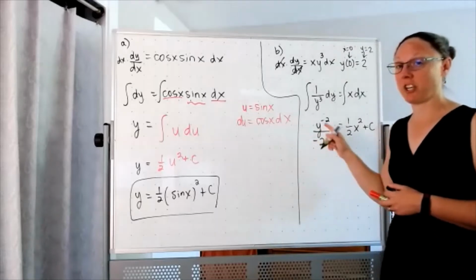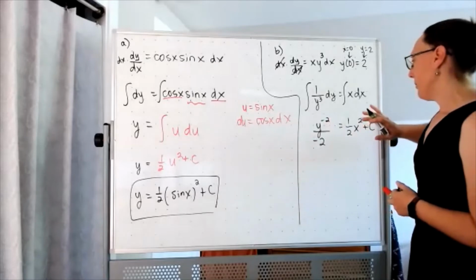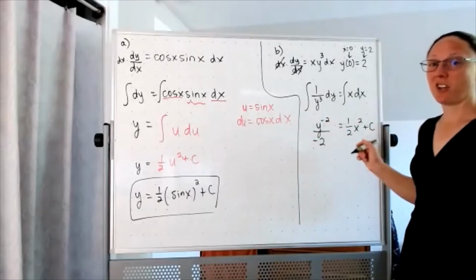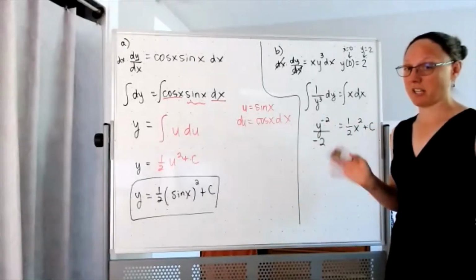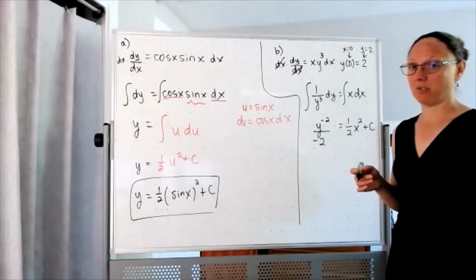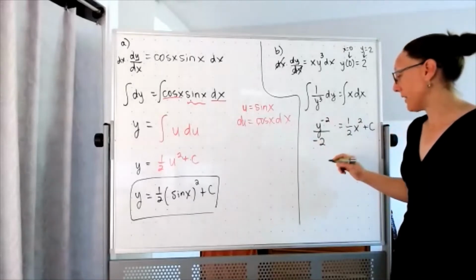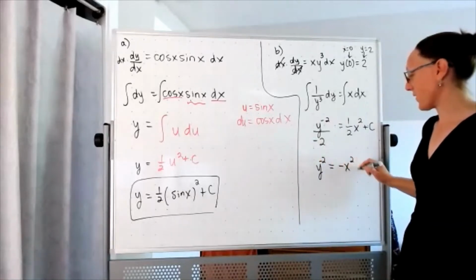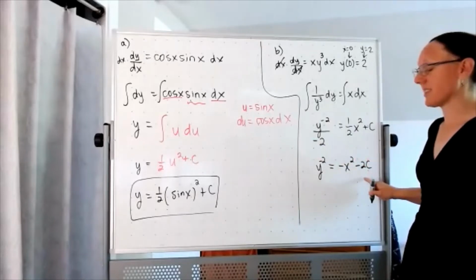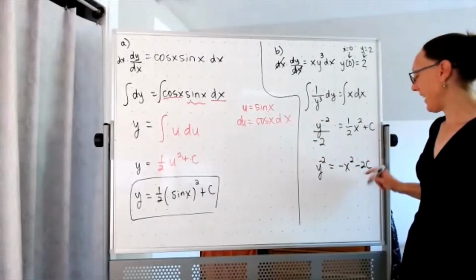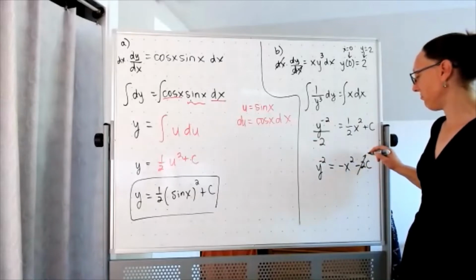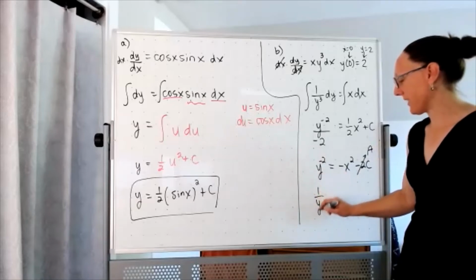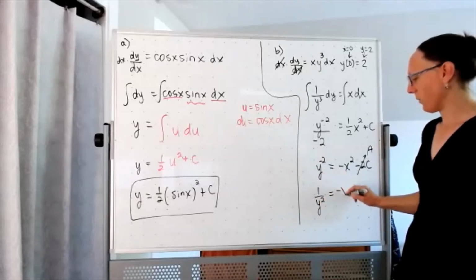I'm going to choose to rearrange and get the y by itself first. Maybe. You know what I'm really going to do first? Look at that and say, I don't really like fractions. I'm going to multiply everything by -2. And if I multiply everything by -2, I'd have y to the -2 is equal to -x squared minus 2 times that constant. And I could just call that some new constant. And look at that, y to the -2, I can write that as 1 over y squared is equal to -x